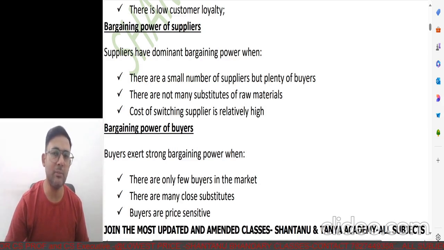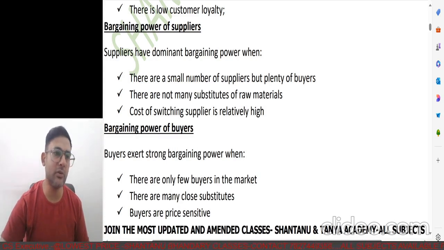But now, since the suppliers are few, you will have to agree to what the supplier says. You cannot really dominate them. They will in turn dominate you or your business. So that's the power of suppliers. So it really depends. If there are too many suppliers, then obviously it is good for the buyers, because they'll get competitive pricing and credit facility and various other incentives. But if the suppliers are fewer, then obviously they will dominate the market and they will drive the market moving forward. Bargaining power of the buyers.